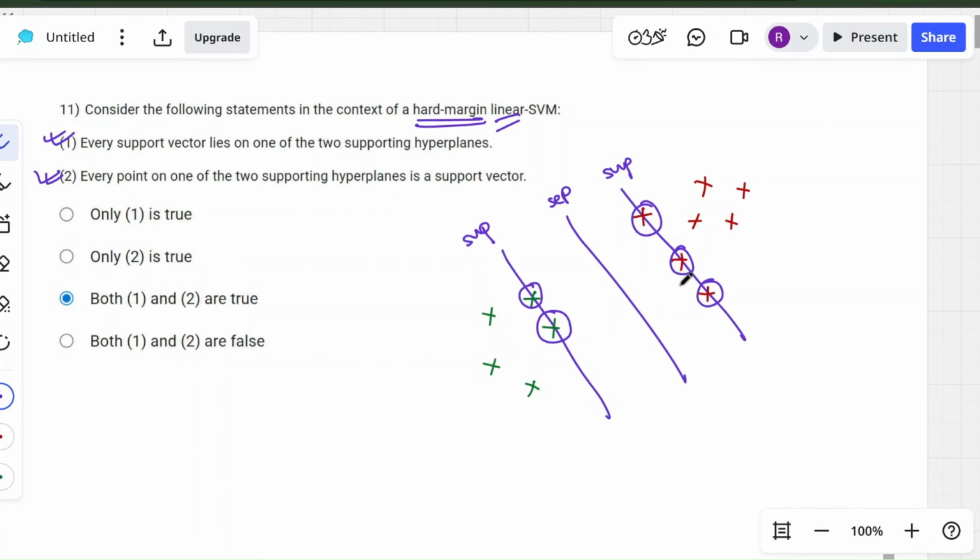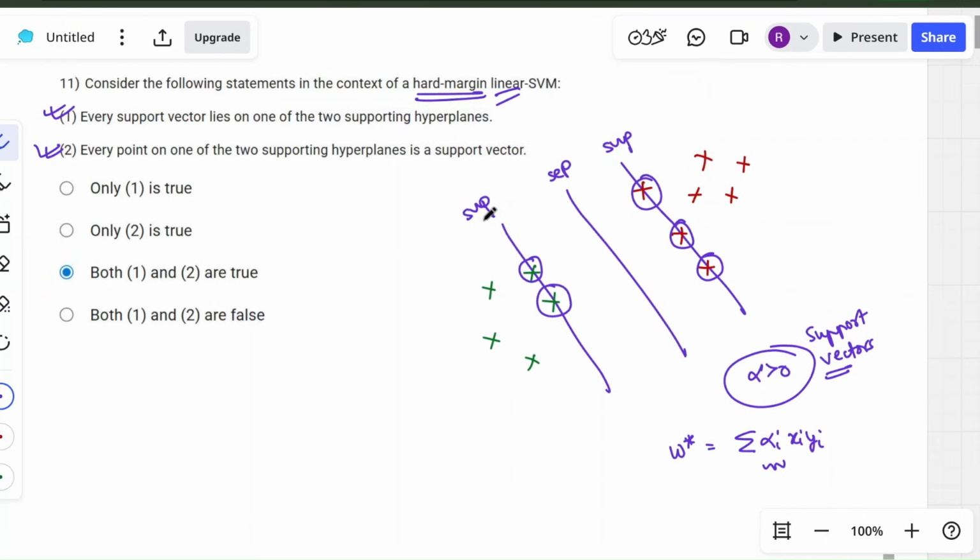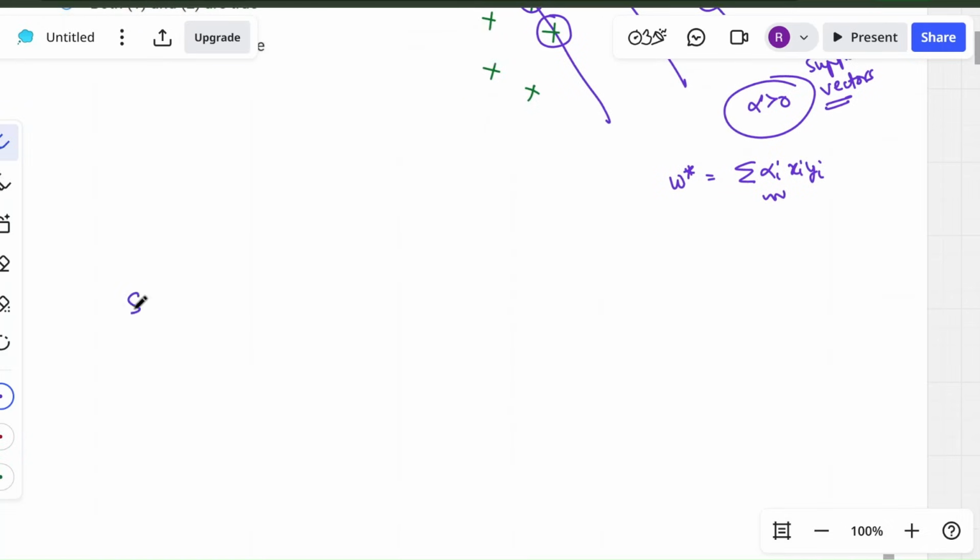So basically all of these points will have alpha value bigger than 0. When alpha value is bigger than 0, remember that formulation. Remember what is my W? W star is nothing but the summation of alpha i xi yi. So whenever alpha is positive, that is contributing to W, which is why we call it a support vector. This is actually the definition of support vector. Whichever vectors contribute to the W, which contribute to the separating hyperplane, are called support vectors. So both of them are true in hard margin linear SVM,